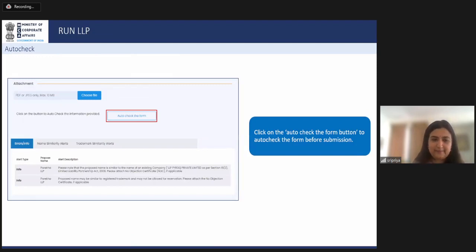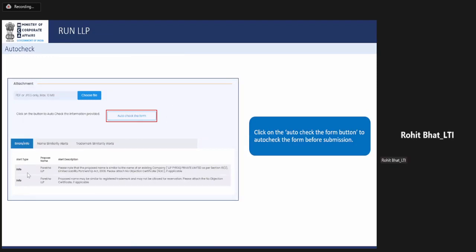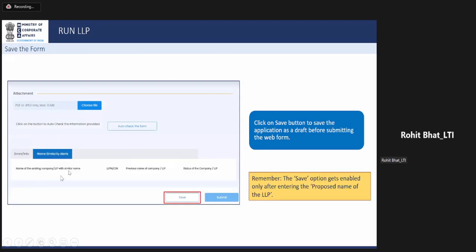Yeah, go ahead. So here on my screen, if you can see, I am receiving two types of information only. There are no errors, it's only information. So in this kind of information, the user will be allowed to move ahead to file the form. This is the name similarity alert.